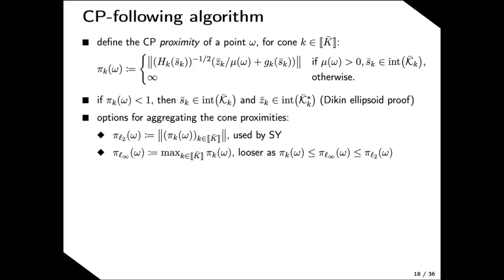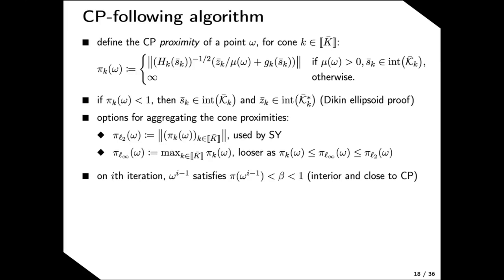Another option, though, would be to use a maximum over these proximities, and this lower bounds the L2 proximity. Now, for this high-level algorithm, on the ith iteration, we have the current interior point omega sup i minus 1, and that is interior and close to the central path. And we're going to search for the next interior point, which also needs to be interior and close to the